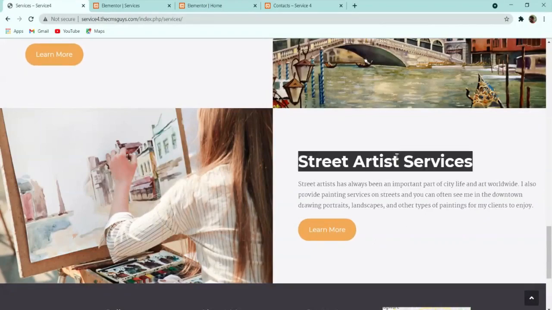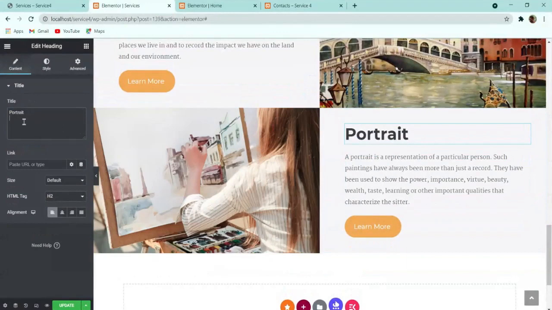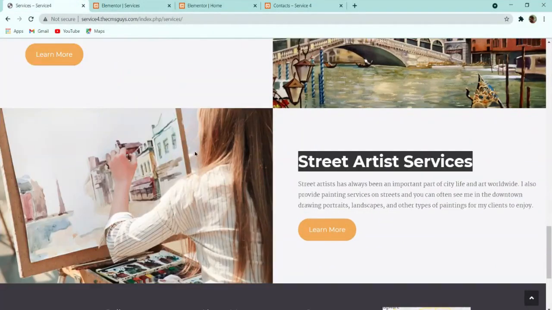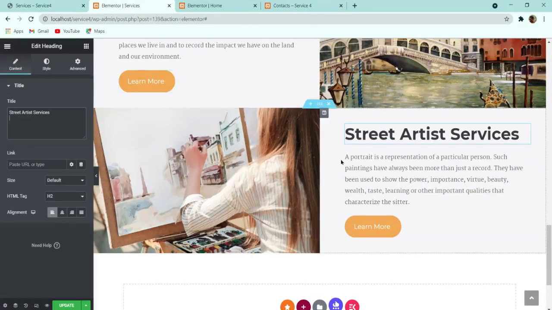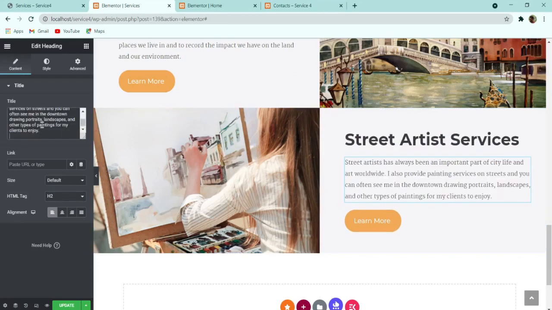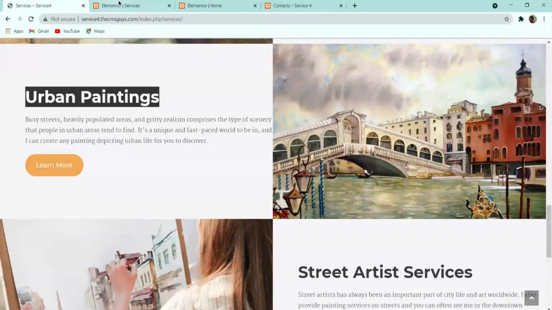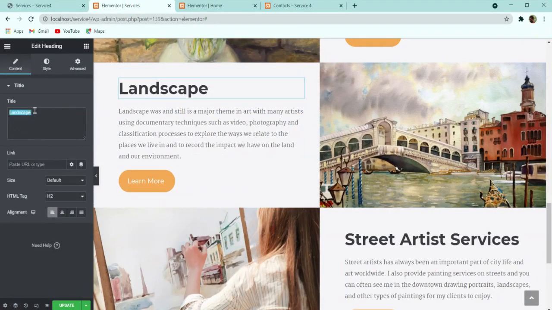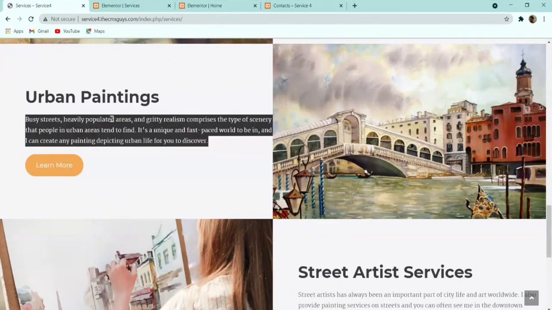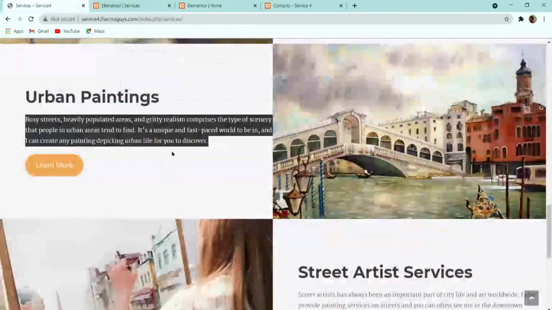What is left is this text. So you can change this text from here easily, as I have already told you. You have to simply select the text, and you can edit the text, whatever text you want to add. So similarly, let me quickly make these changes. So here it is urban painting, and let me do everything.